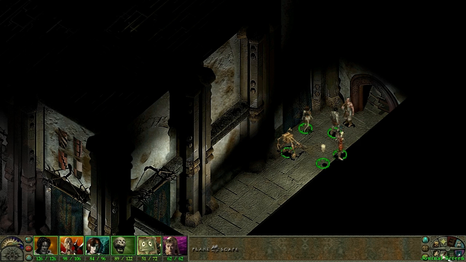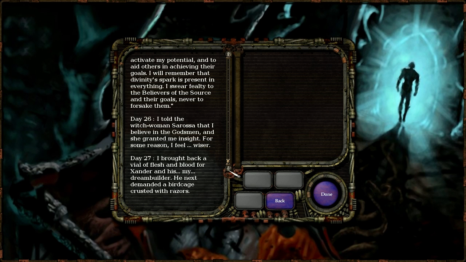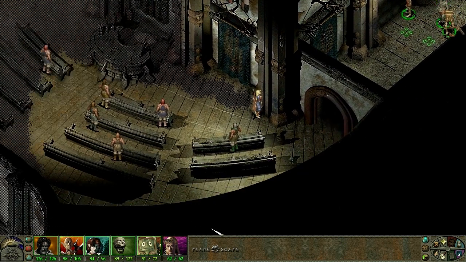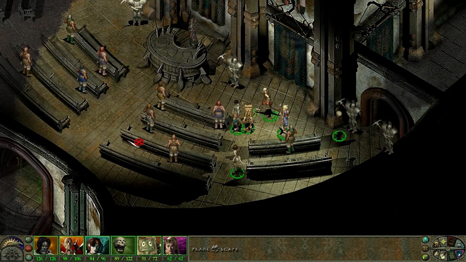Okay, well at least I brought back a vial of flesh and blood for Xander and my dreambuilder. He next demanded a bird cage crusted with razors. Wow. Poor bird. I hope the razors are turned outwards to ward off cats or...